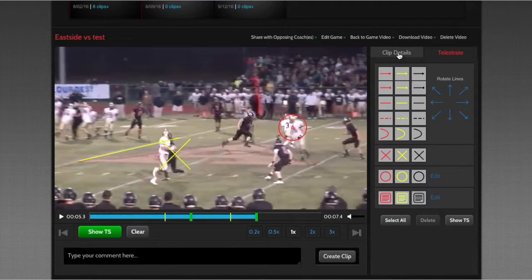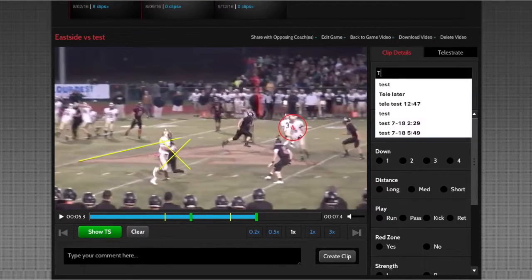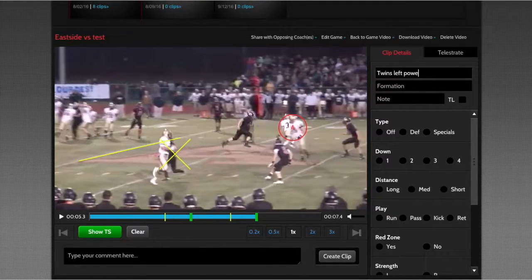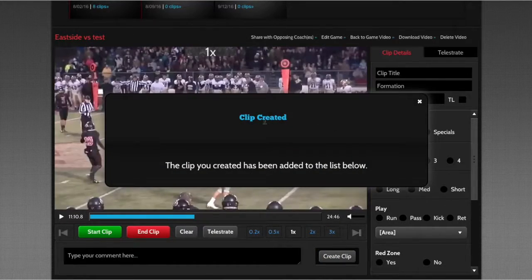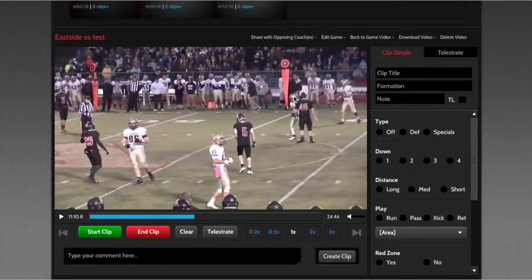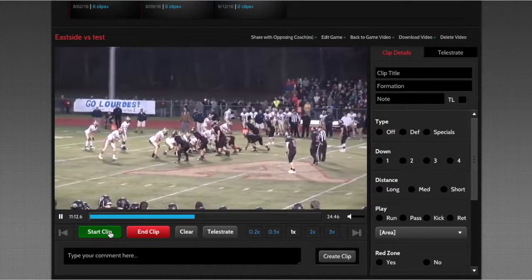Now you want to tag your film, click clip details, write your clip title, what your formation is, and whatever your note is. And tag it like you normally would any other clip. And then simply hit create clip, and you'll see that clip is created, and you're brought back right to the position you were on the full film, where you just pick up and make your next clip by setting your start